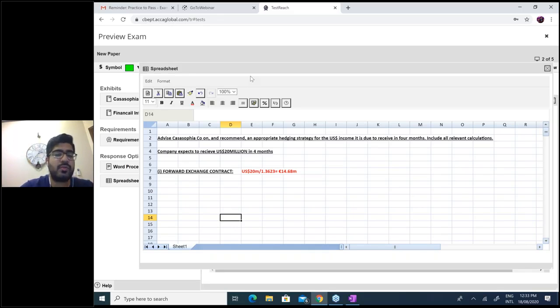You are receiving 20 million. You know the approach, either divide or multiply with the relevant fixed rate. In forward exchange contract, you won't use the data of futures. You won't use the data of options. Instead, you should use the data of forwards. It was per euro, an indirect quote, so divide. Lower buying, higher selling. In payments, you have to buy, so use the buying rate. In receipts, you have to sell, so use the selling rate. You got 14.68 million euros.